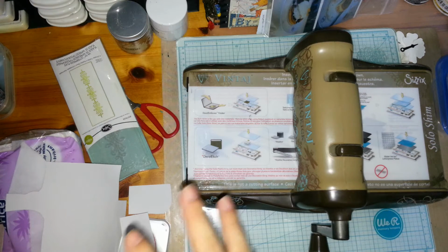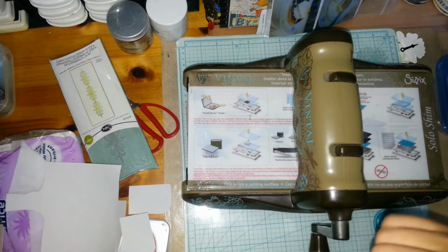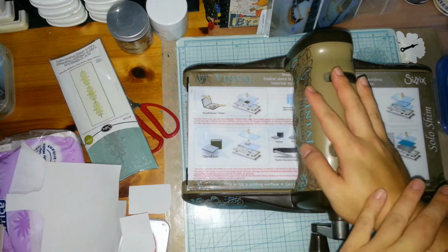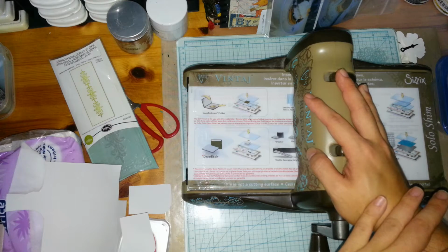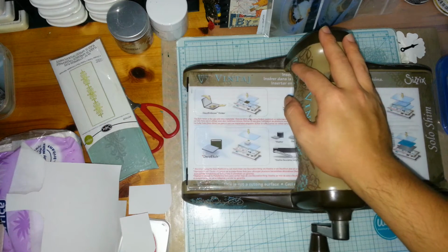I'm gonna treat this kind of like a tutorial or sharing sort of video, but there are two things to take note. One is that whatever tips I'm giving here, I want to give a disclaimer. I am not someone affiliated with Sizzix at all. So if you want to take any advice from me, you're taking it at your own risk. But I just want to share that with you. Number two,